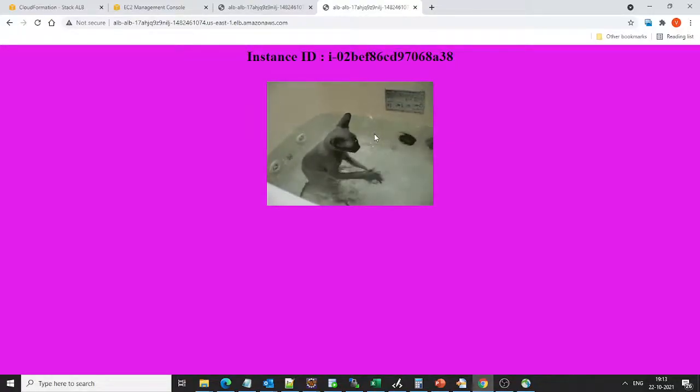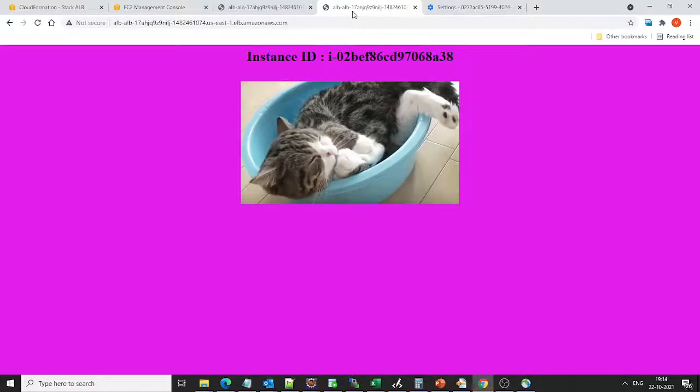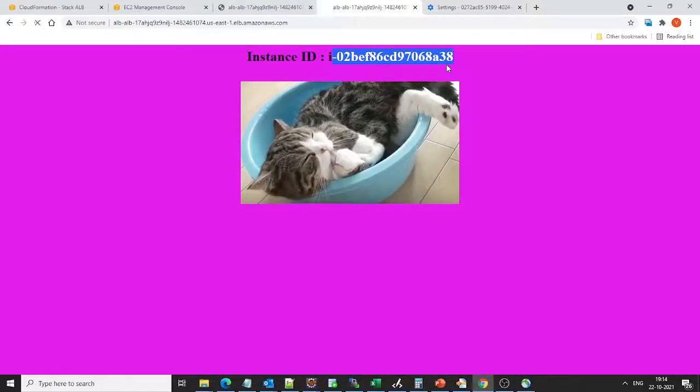Now I'll open up the cookie page from the settings of this browser and show you what cookie exactly gets set. Here I am in the cookie settings page, and as you can see, this AWSALB cookie is getting set. This is the host. We'll refresh this page a couple of times. After 1 minute, this instance ID will get changed.